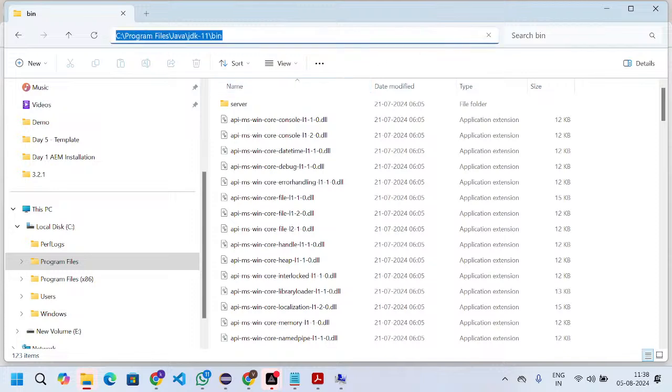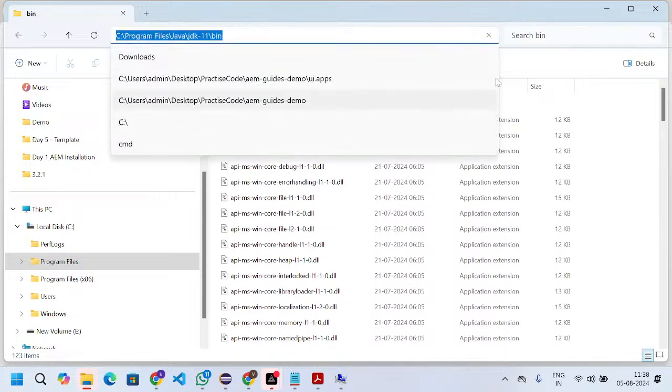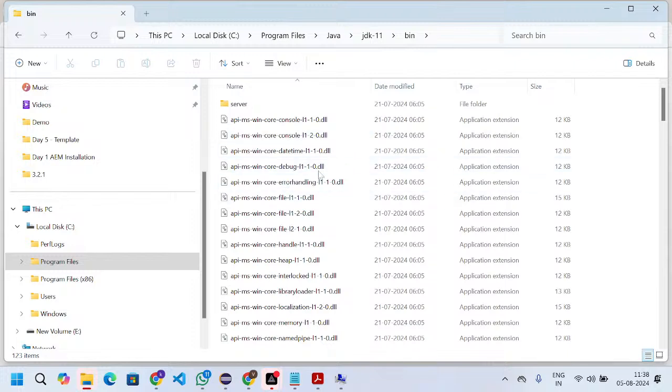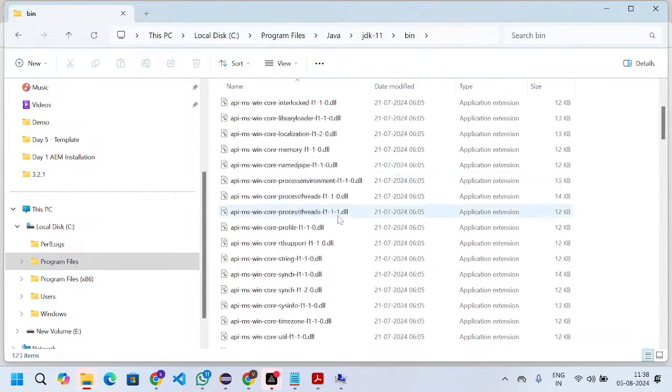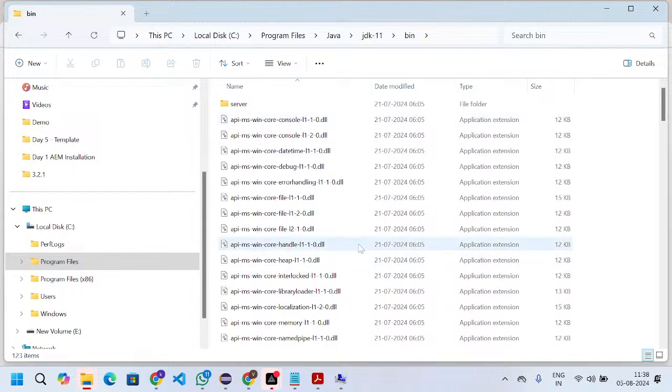So we have to copy the path up to bin. Bin is the folder which holds the tools required for developing the project, like the compiler, interpreter, all the tools we need to develop our Java programs.